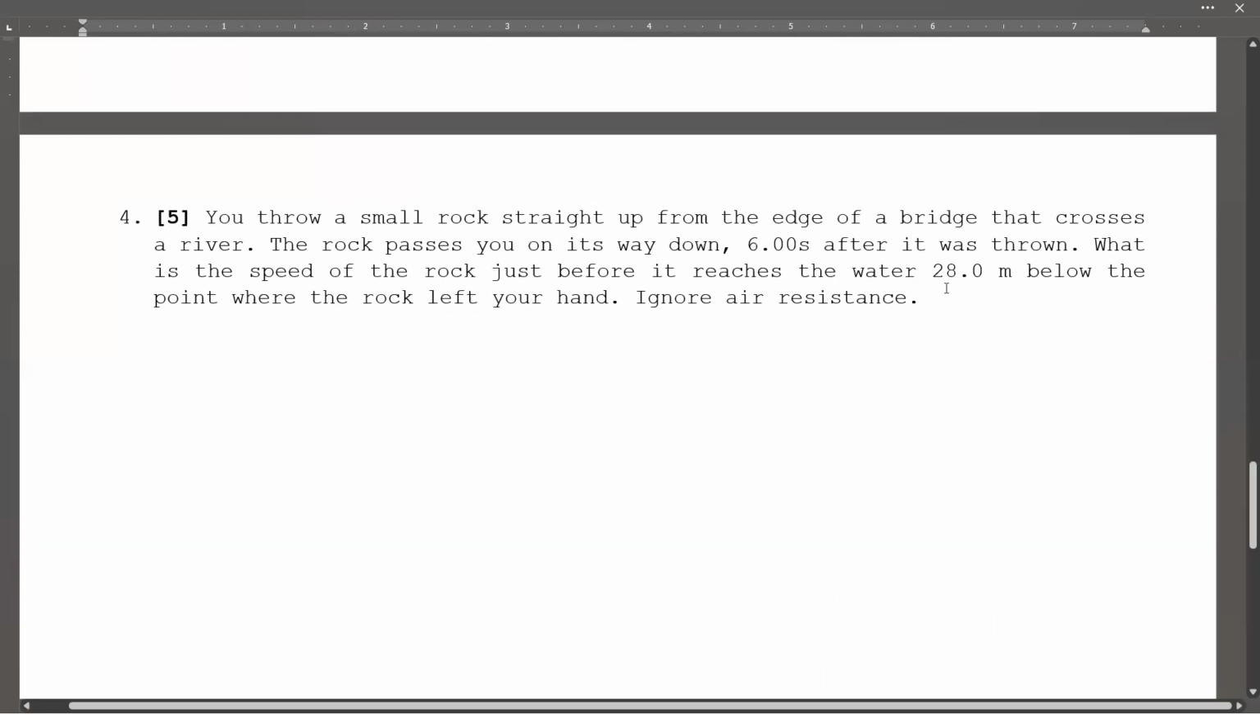So this one, medyo madaming hindi nakakuha. I think only a few got this one correct. You throw a small rock straight off from the edge of a bridge that crosses a river. So,